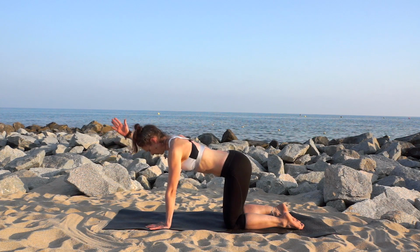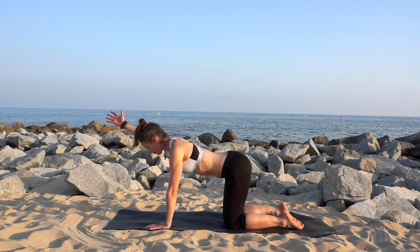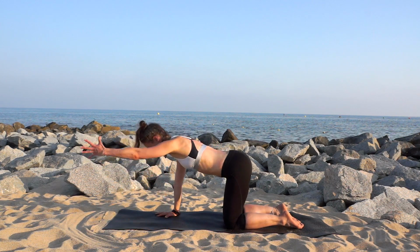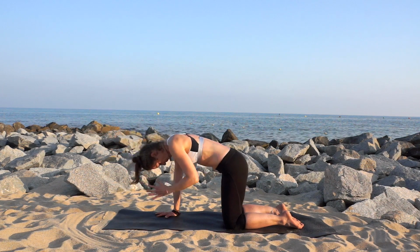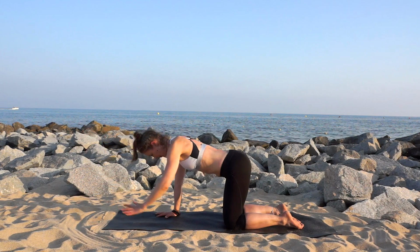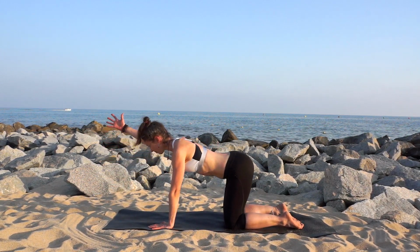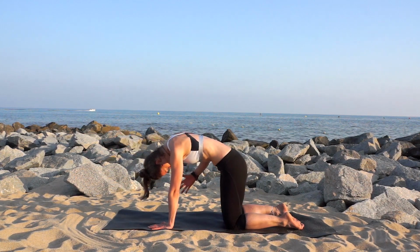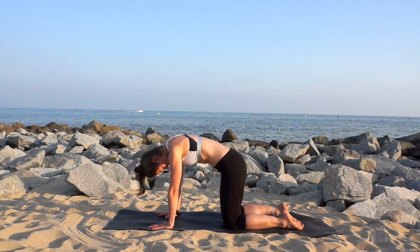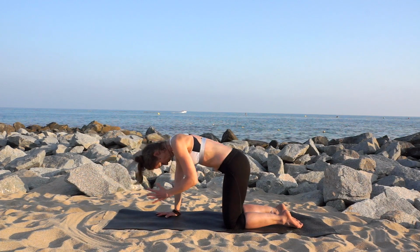Then we bring one arm in, right arm is coming out and in, thumb is pointing upwards, working the upper back here a little bit, and then change to the left side. Rhythm is we're stretching out twice while we're extending, then pulling the elbow in, and then after the second stretch out, lift out, we're putting the hand back down, crunching, and then changing side,